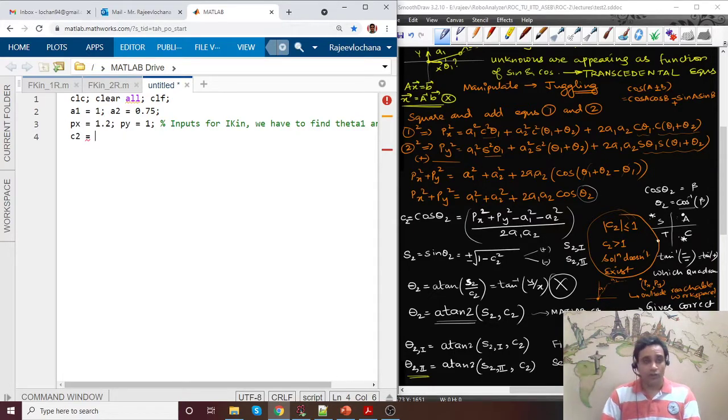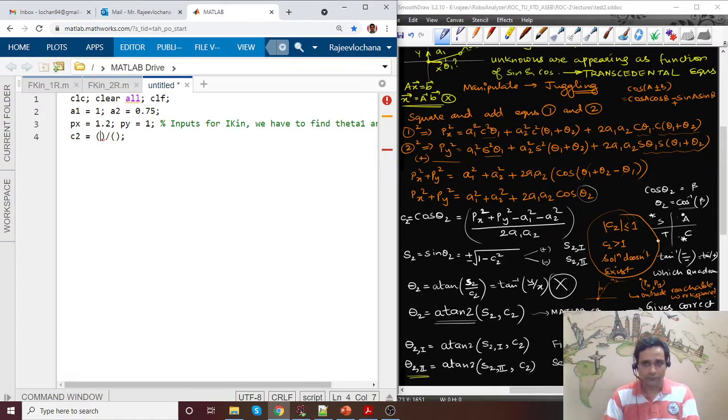A1 A2. Those of you who are new to MATLAB, please remember to always use brackets. Numerator in one bracket, denominator in another bracket. If you do not do this, you may end up getting some different random values, because there is something known as order of operation: multiplication, division, addition, subtraction, raised to the power. There is a sequence in which these operations are carried out. Whenever you have doubt, please use brackets. Whenever you use brackets, that will be evaluated first, and then the next operations will be done.